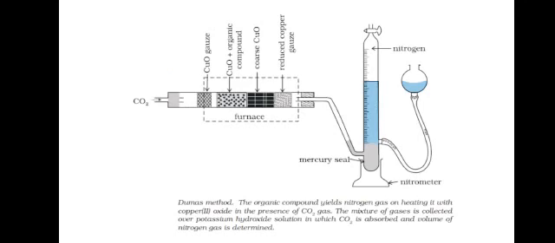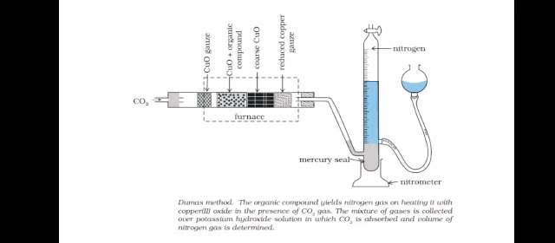See this diagram. Reduced copper gauze is there. So if any traces of nitrogen oxide are formed, they are reduced to nitrogen by passing the gaseous mixture over a heated copper gauze, and the mixture produced in this manner is collected over an aqueous solution of potassium hydroxide, and potassium hydroxide has a tendency to absorb carbon dioxide. So nitrogen is collected in the upper part of this graduated tube.